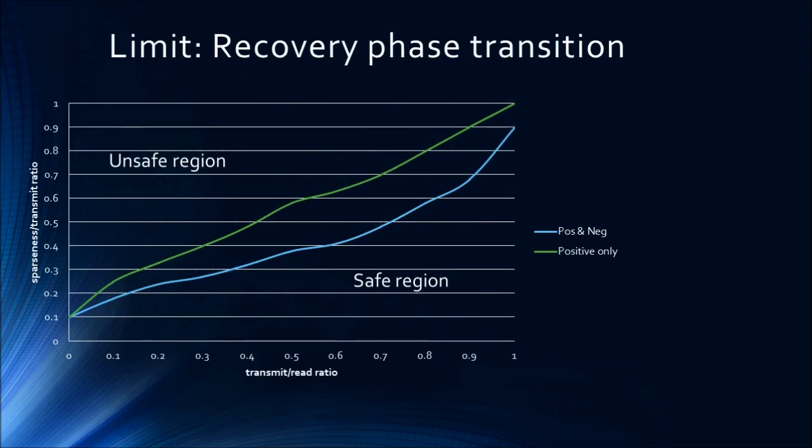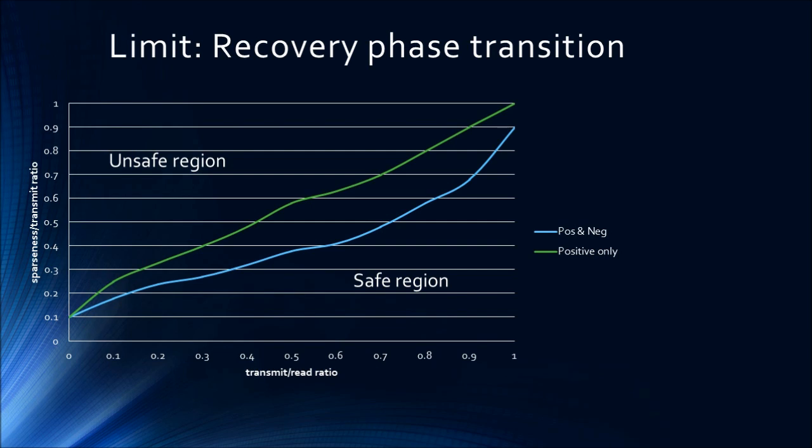Now, there is a phase transition where things go from good to bad. Up here, bad. Down here, good. Wish I had a green laser pointer I could show you. Down here, very good. The key is to look at your transmit to read ratio. If I read a bunch of data and I want to compress it down to this transmit, what's my ratio? If I want to get down to a 50% transmission ratio, then I have to look over here. How sparse is the underlying signal compared to how much you transmitted?